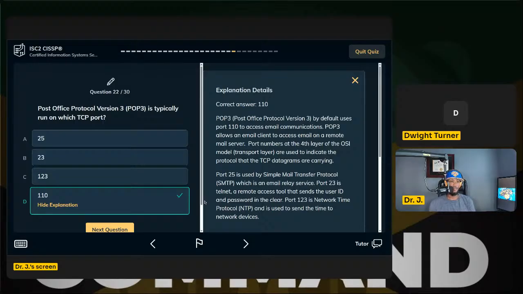When this question came up, I immediately knew it, and quickly eliminated Alpha, Bravo, and Charlie because I already knew what those were. It definitely helps to know your ports, or at least the commonly used ports, so when you encounter questions like this, which you may see a few of,